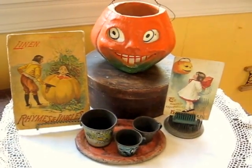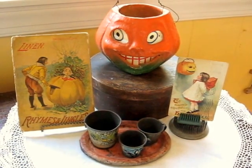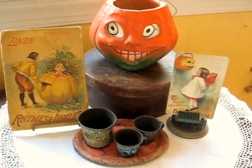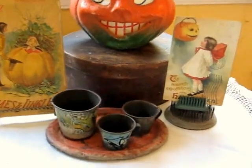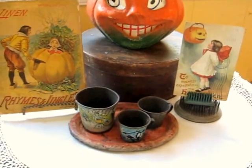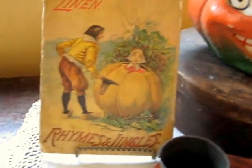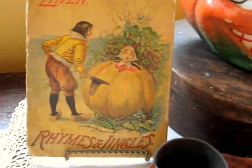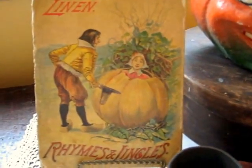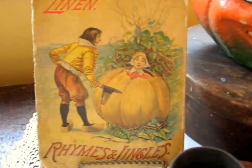This little tabletop vignette that I have put together here also features a papier-mâché jack-o'-lantern, and you can see his face insert there shining as the daylight shines through it. I've added some other antique elements here showing you that you don't always have to have Halloween collectibles per se. For instance, this book here is just a linen Red Riding Hood series book that's called Rhymes and Jingles, and it shows an image there of the little children's story